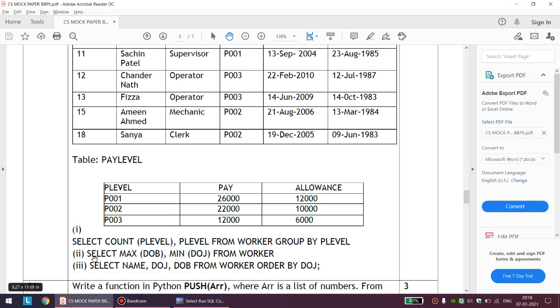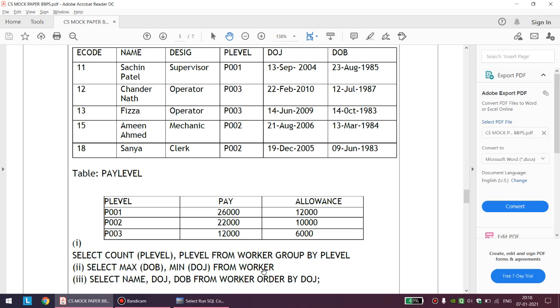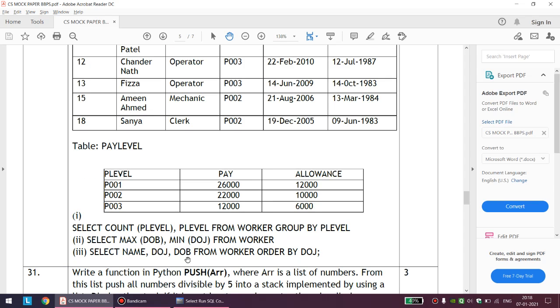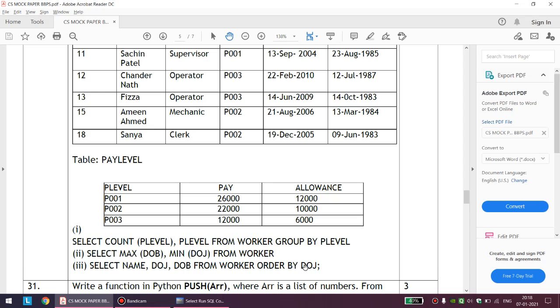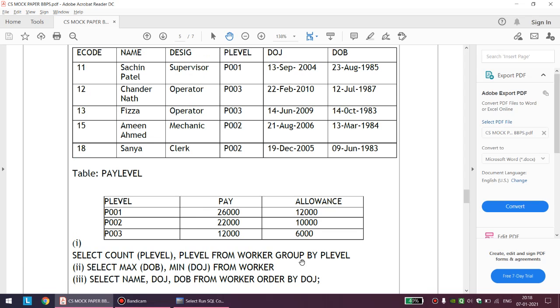Simple. Last one, select name. Now order by, I hope you remember that order by changes the order of the data, and by default order by will arrange the data in ascending order. Select name, DOJ, DOB from worker. Order by DOJ.